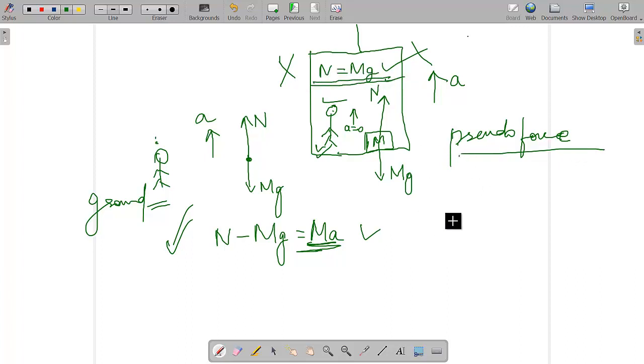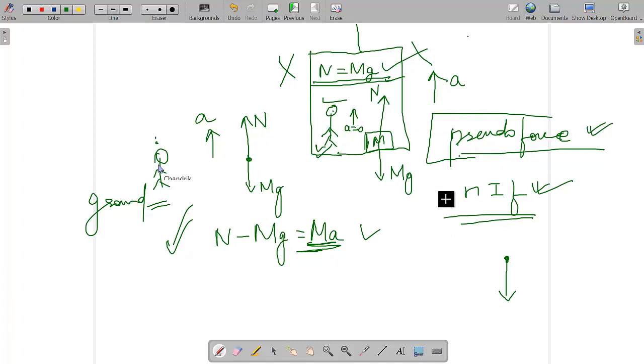Our equation becomes correct. Okay, so when you are in a non-inertial frame, what you are going to do is apply the pseudo force. So the person in the elevator, what he will do is, but only in a non-inertial frame. So only in a non-inertial frame, the pseudo force will come into the picture. Understood? So you will find this pseudo force again coming when you study circular motion. You will be studying centrifugal force and centripetal force. So one of the forces, which is acting outside the circle, we assume that this is the pseudo force.